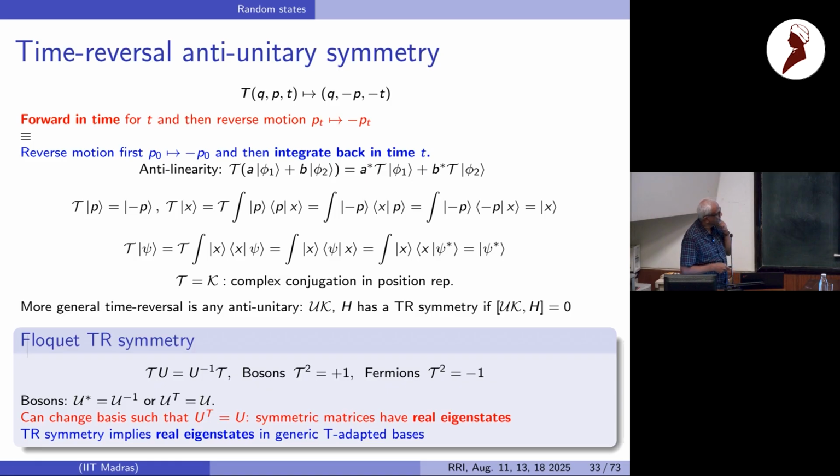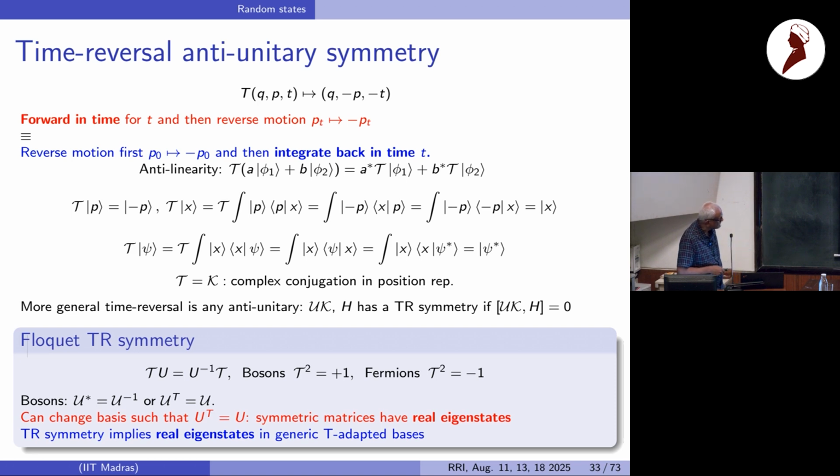Okay, so a Hamiltonian is said to be time reversal symmetric if it commutes with such a thing. Since we are interested in Floquet systems, what does it mean? You can just read this off from this top line. If you go forward in time, that is, this unitary operator is taking you forward in time now. This unitary has nothing to do with this unitary. This is time evolution. And then you do an anti-unitary operator on that. If that is the same as doing the anti-unitary first and then going back in time, you inverse, then you would call that Floquet operator as having time reversal symmetry.